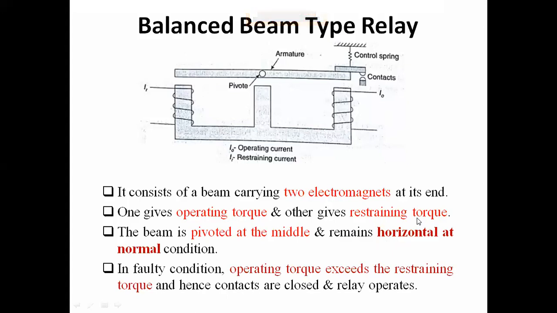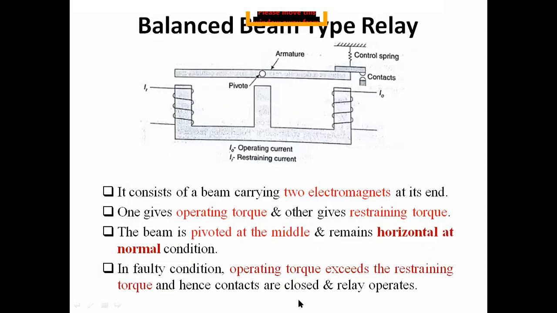So this is the basic principle of balanced beam type relay. Which is producing the restraining torque? Here actually one spring is there. The spring and the restraining coil are producing the restraining torque in the opposite direction, and the current through the operating coil is producing the operating torque. So this is the principle of balanced beam type relay. Next, come to the